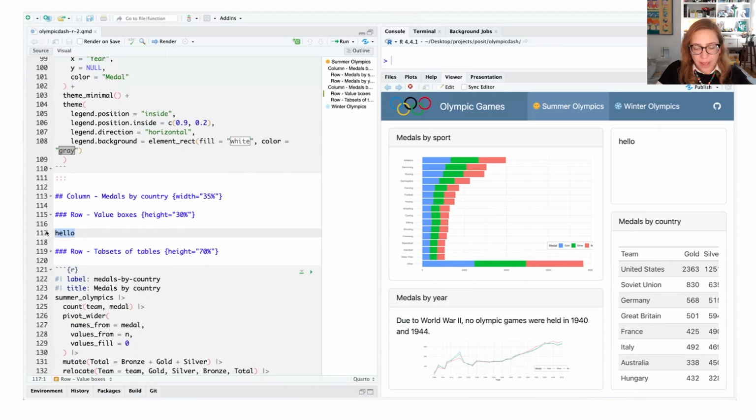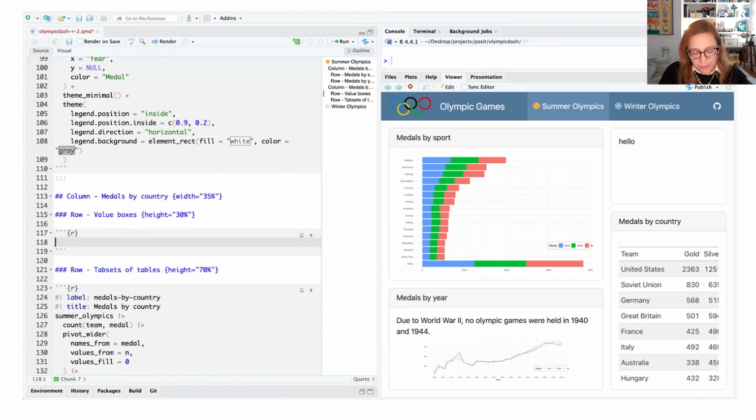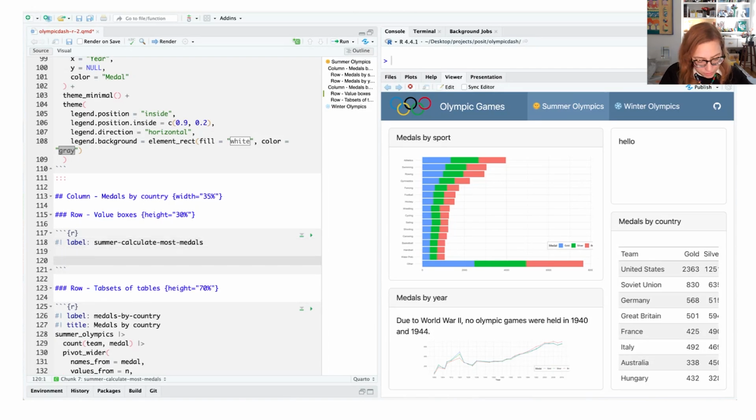In order to do that, let's add a code cell. I will label this summer calculate medals, or maybe most medals or something like that. And there are three types of medals we want to calculate.